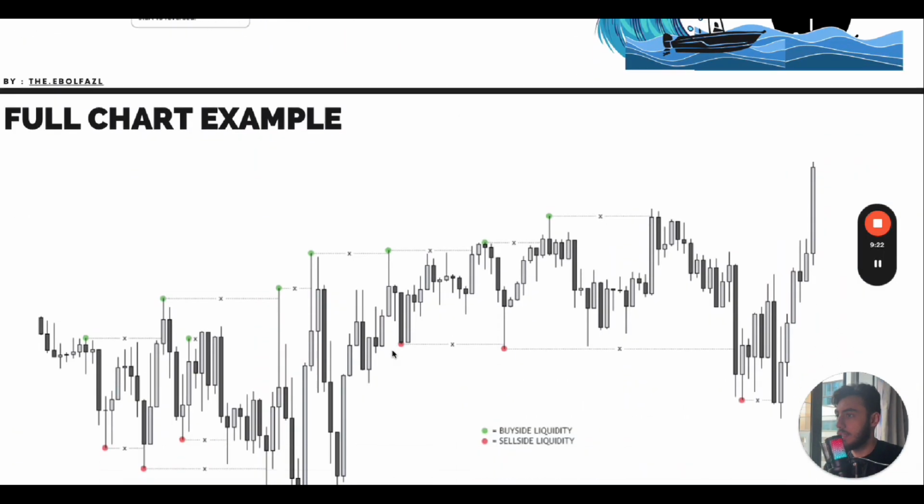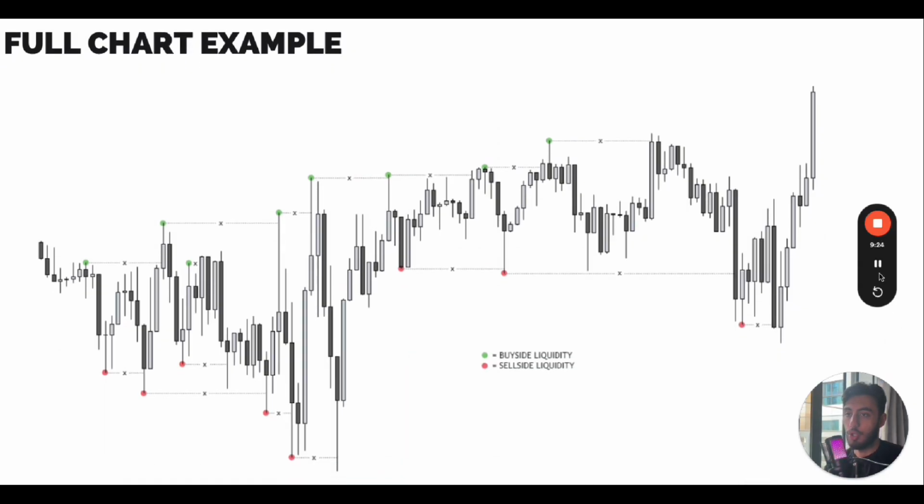Okay, I'm going to go like this. So this is the full chart example. You can see the green is buy side and the red ones are the sell side. What we can see is that above every three-candle unbroken swing high, there is liquidity. Just take a look. Price breaks this, gives them a little bit of profit, and starts to reverse. Same thing here. Just take a look at the sell side. Price breaks this, activates the orders, gives a little bit of profit here, right? And starts to reverse. Same thing here. Breaks this, gives the profit, starts to reverse and takes their stop loss. Breaks this and gives them a little bit of profit, starts to reverse.